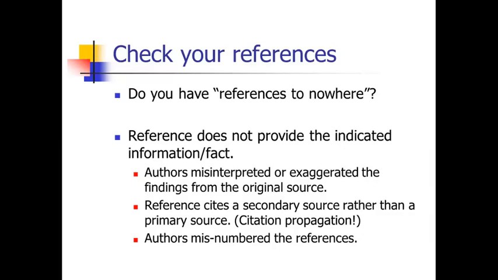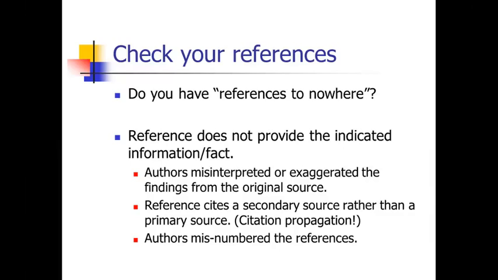There are a number of reasons this might happen. Oftentimes authors will misinterpret or exaggerate the findings from the original source. If you go back to the original reference, it turns out they were selective in the information they chose to cite, or they're referencing a paper to back up a particular statement, and that statement is not exactly supported by the original reference. It might be supported in some roundabout way, but not directly. So oftentimes those sources really don't back up the statement that the authors are writing in their paper. Another really common problem is that the reference the authors have cited